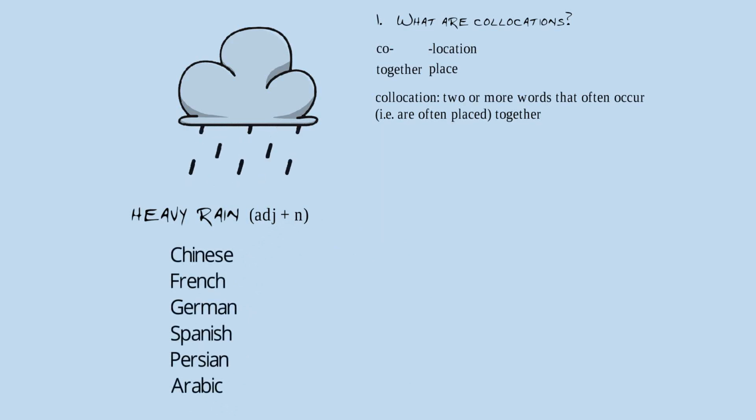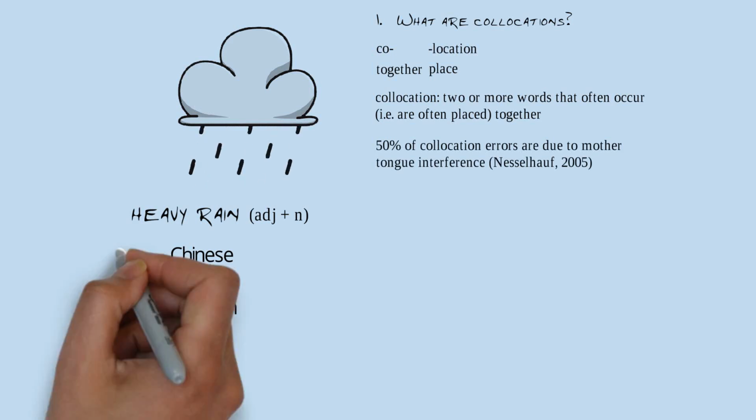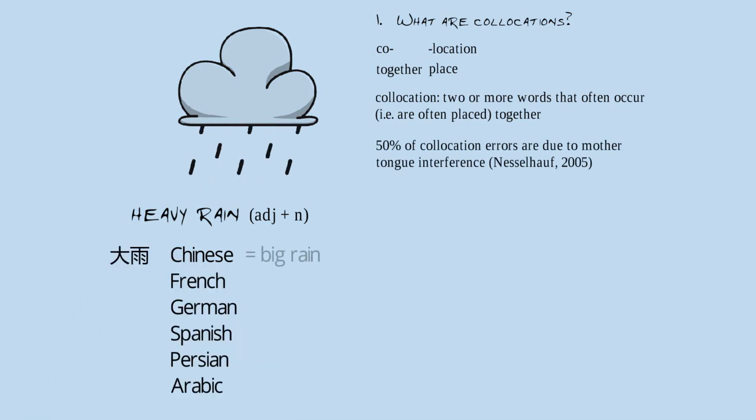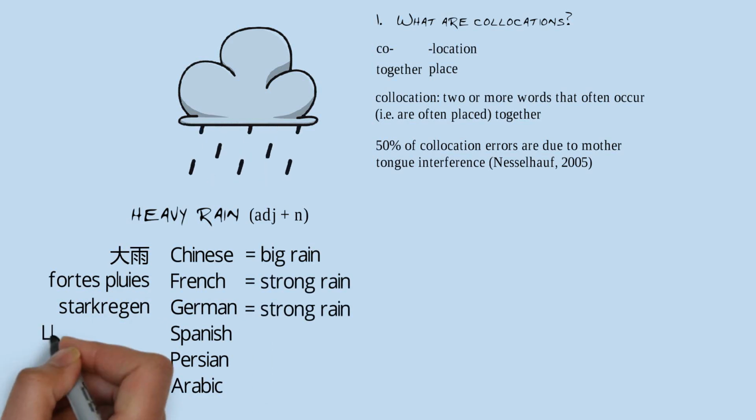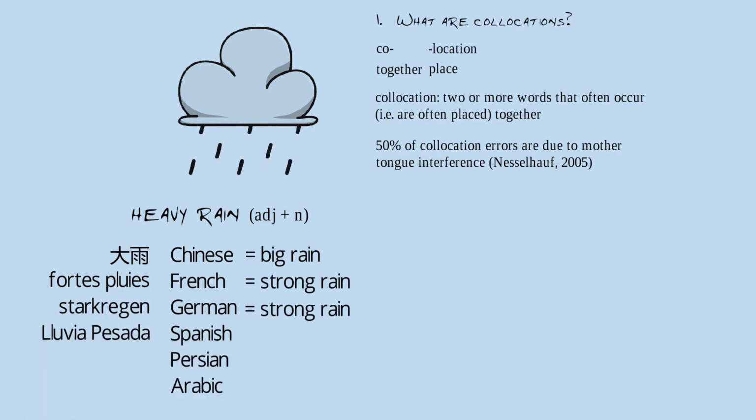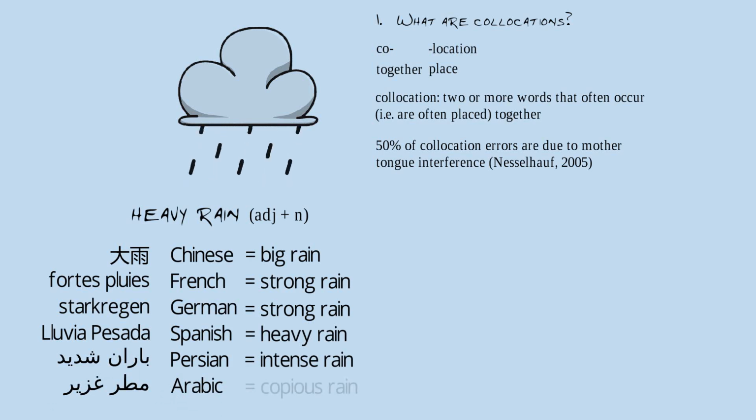And I'm going to look at the same collocation in different languages, because collocations are not just something that exists in English. In fact, about half of collocation errors are because of mother tongue interference. So in Chinese, this is 大雨, which means big rain. French and German are actually similar. In French, it's fort pluie, and in German, Starkregen, which mean strong rain. In Spanish, it's lluvia pesada, which, like English, means heavy rain. In Persian, it is baran shadid, which means intense rain, while in Arabic, it is matar khazir, which means copious